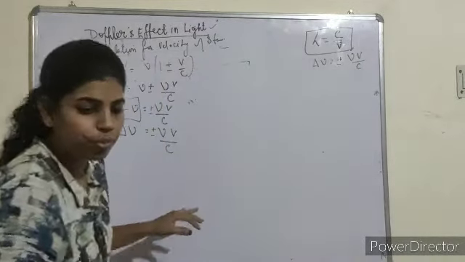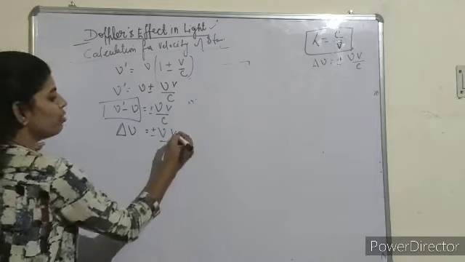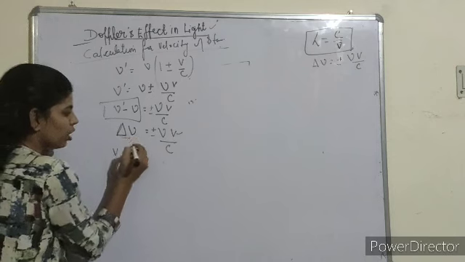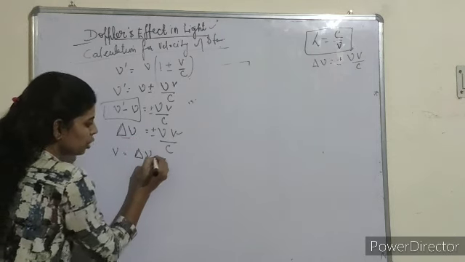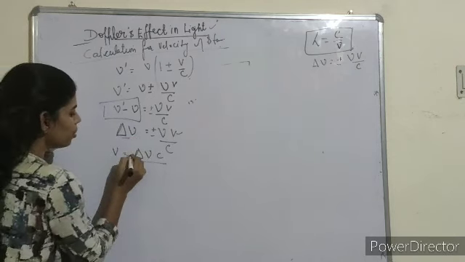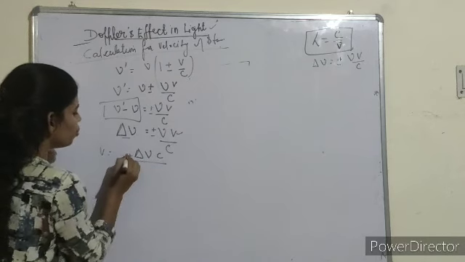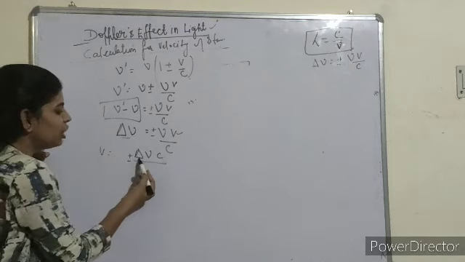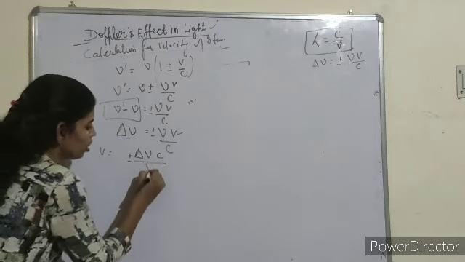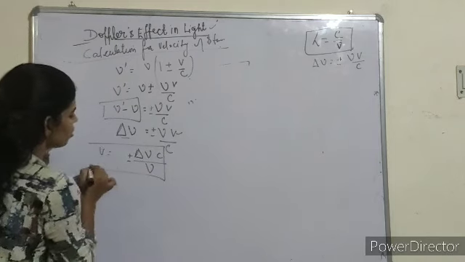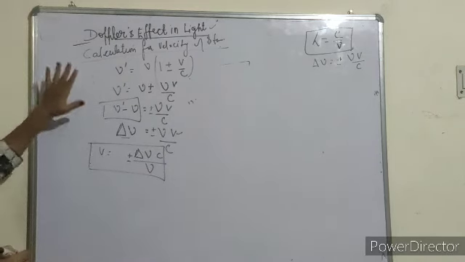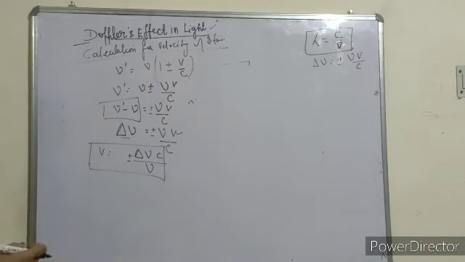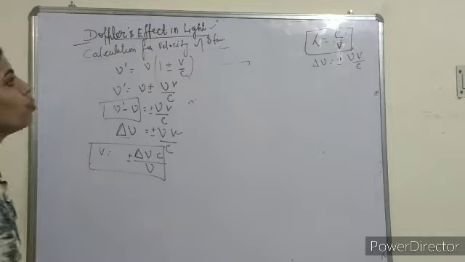Now from over here we can take out the value of V. So delta nu c over nu, this is V equal to plus minus, ये यहाँ पे क्रॉस मल्टीप्लाई हो जाएगा तो delta nu into c over nu, and this is velocity. आप इसको यहीं पे स्टॉप कर सकते हैं। This is the velocity of the star. आप चाहे तो एक दो स्टेप इसमें और भी कर सकते हैं, वो कैसे देखो।